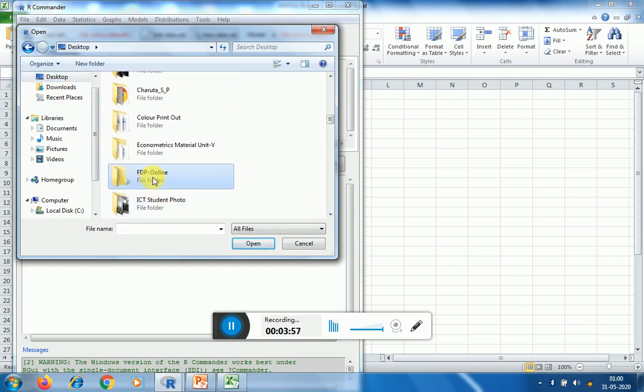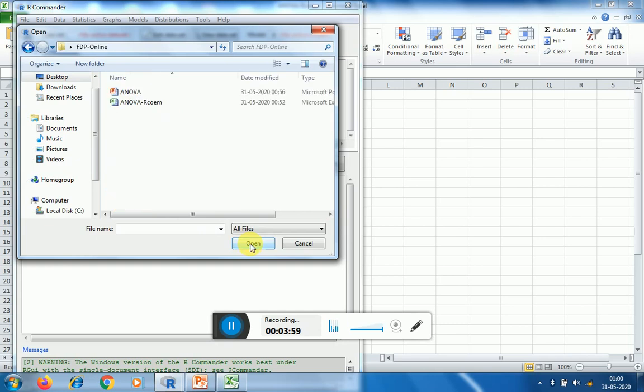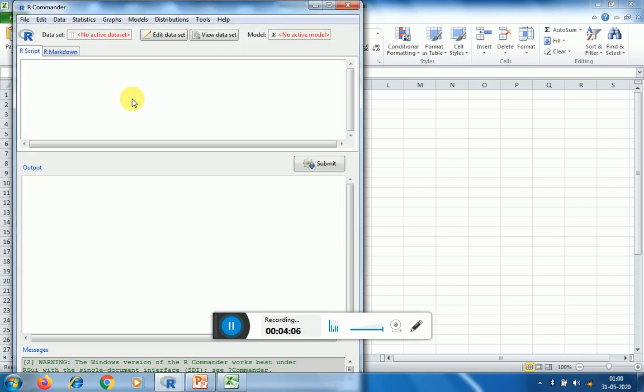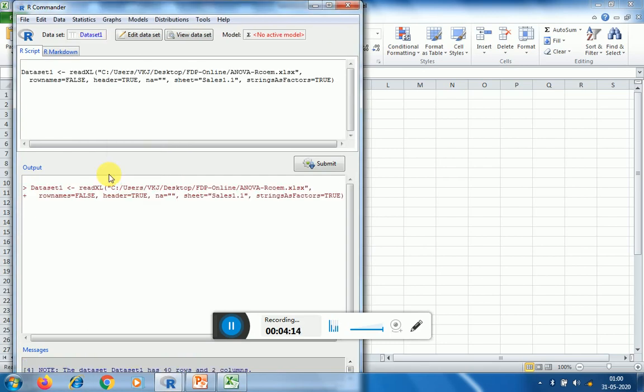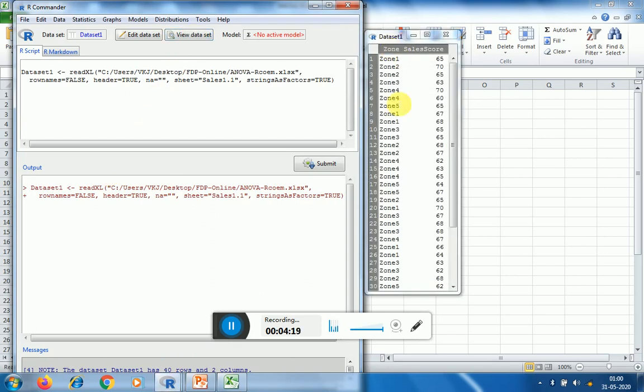So FDP online, here analysis of variance. Now sales, okay. Now I can view this data. So this is the data, these are the zones and these are the sales scores obtained in these 5 different zones.